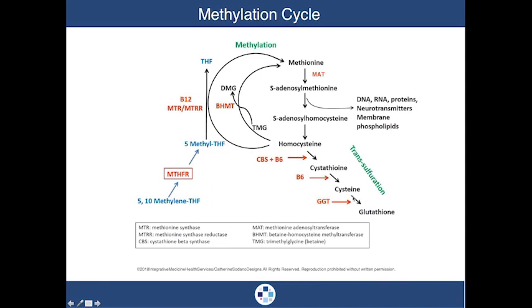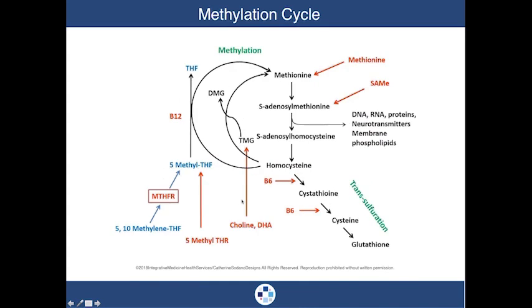The other part here, just for completeness: homocysteine, when that can jack up in the body, can create a problem. Homocysteine can go either back through methylation, or it can go through what's known as transsulfuration. That's where we need glutathione, cystathionine, and so forth. And this is the enzyme GGT, which I recommend you order on all of your laboratory tests.